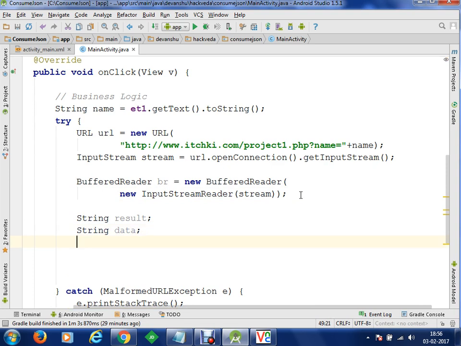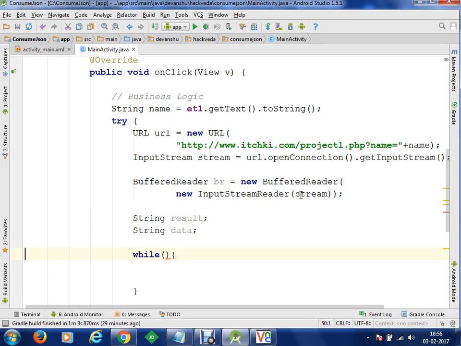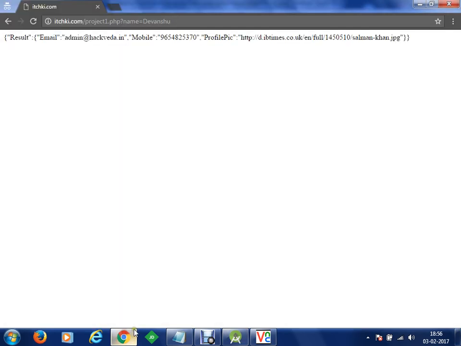I'm going to create a while loop to read all the lines coming from the server. It could be possible that the output we have received may have multiple lines, so we are going to read every individual line.